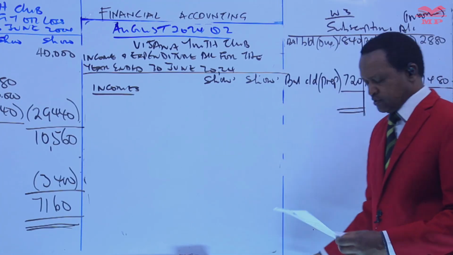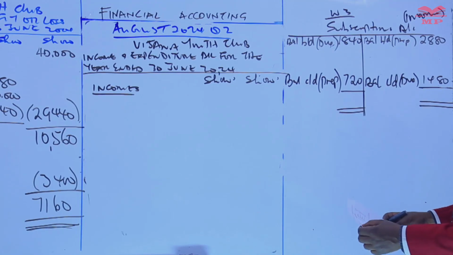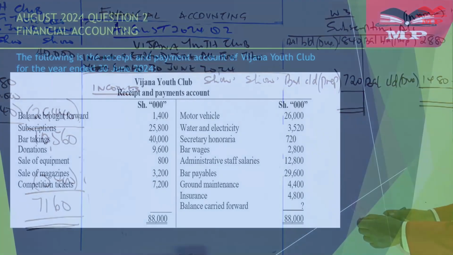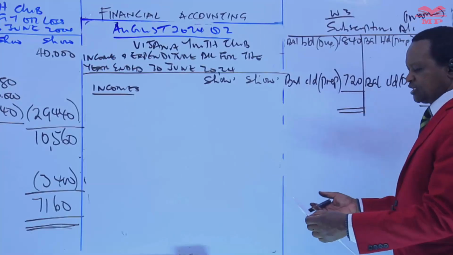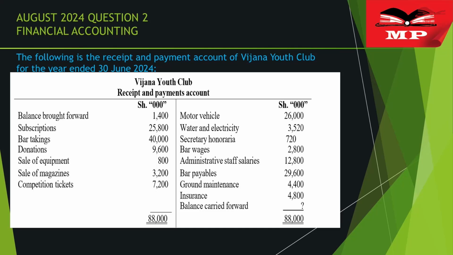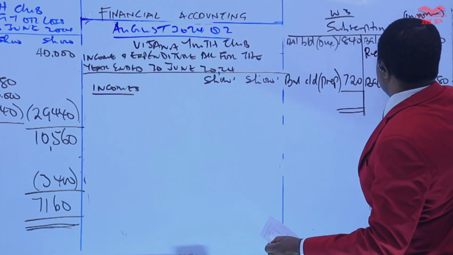Then, do you have subscriptions that were paid? Yes, look at the receipts and payment. The receipts and payment account is debited with subscriptions. So the receipts and payment account, which is equivalent to a bank, is debited. When this money is received, the receipts and payment account is debited, and this one is credited with the receipts and